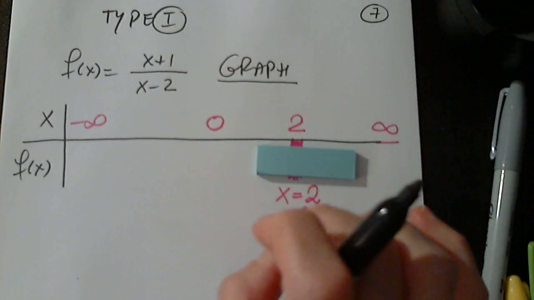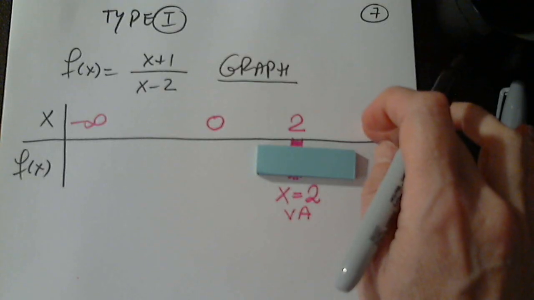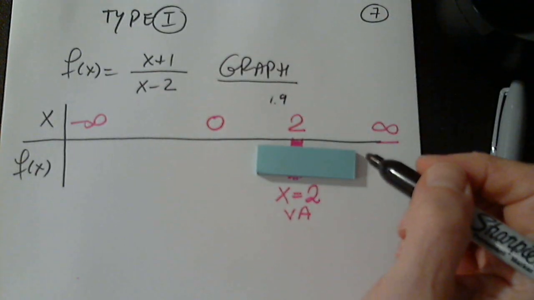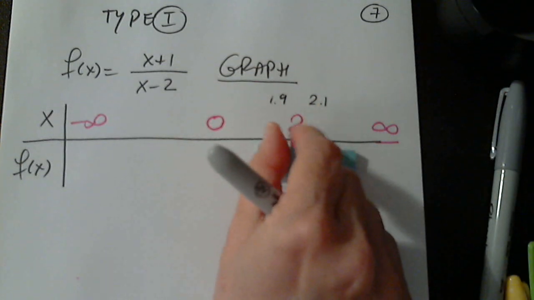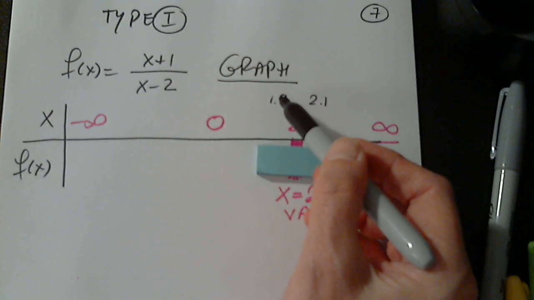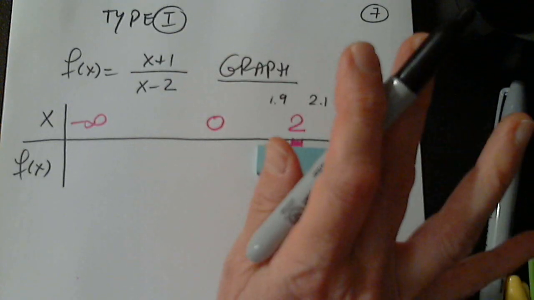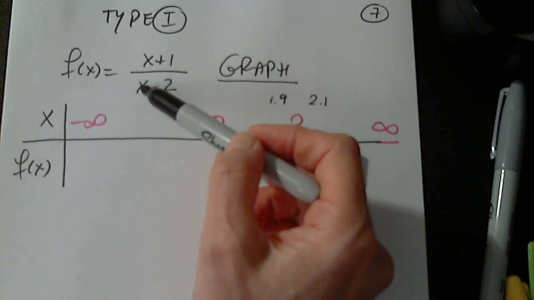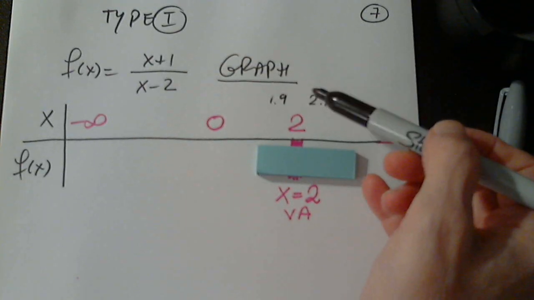For that, it's very easy to imagine that I plug in, and I will not put it in the table, I will not use it for any other reason, but I'm imagining that I plug in 1.9, and I imagine that I plug in 2.1. Very, very close to 2. 1.9 is close enough, 2.1 is close enough. So can anyone just tell us the sign? No calculations. When you plug in 1.9 here and here, I just want the sign of the answer. Not the answer, just the sign. And when you plug in 2.1,